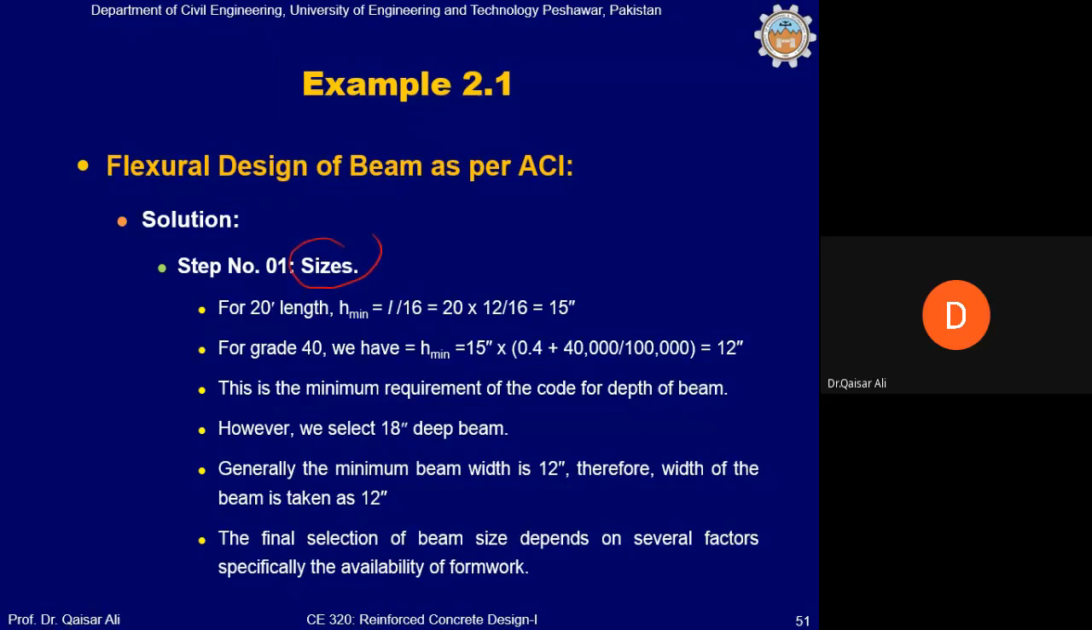So for this purpose, the formwork becomes a constraint for us in a practical situation. What do you mean by a constraint? Constraint means that there will not always be every type of formwork available in the market from every type of